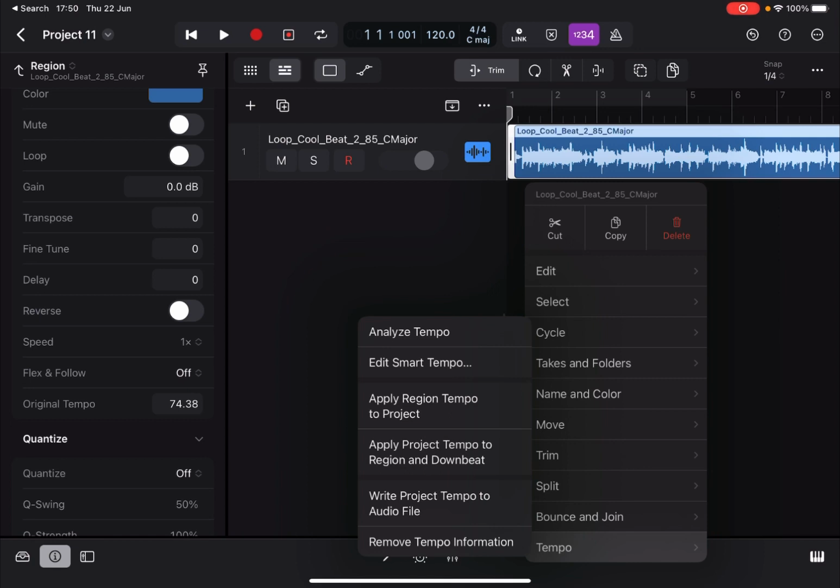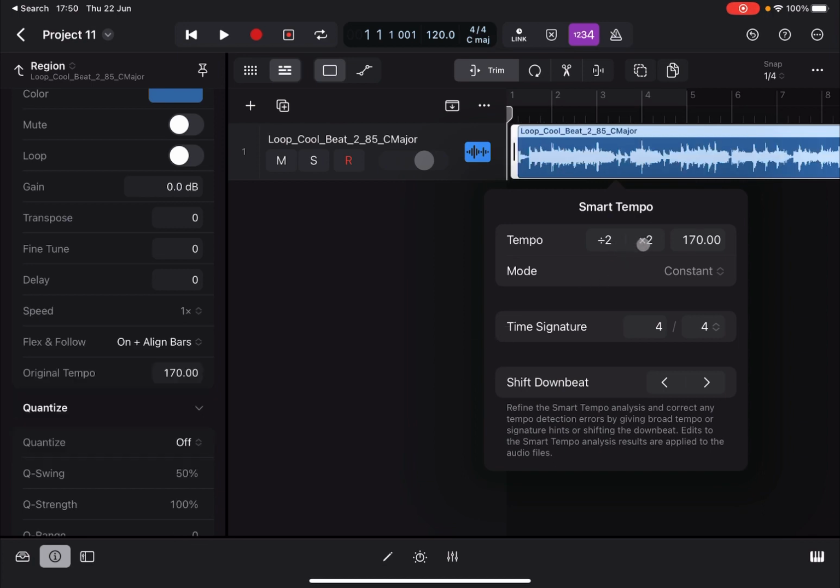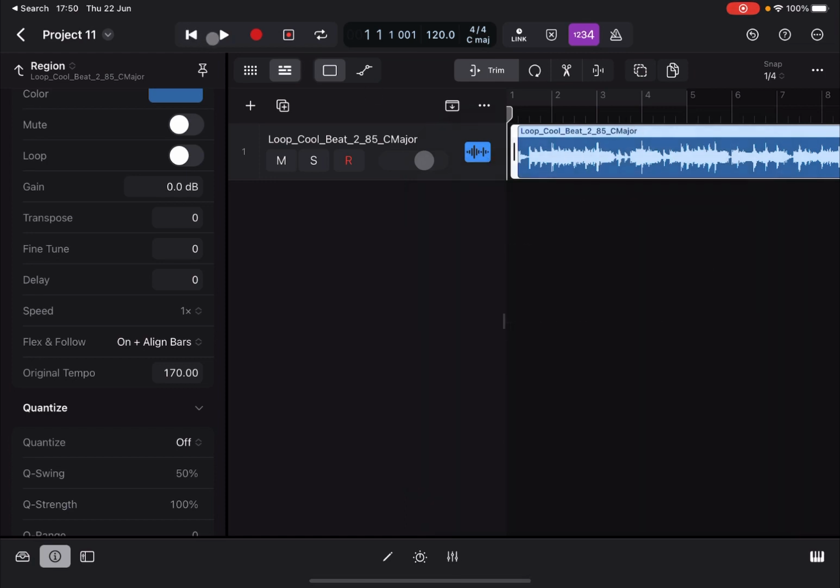Of course, this file didn't have tempo information, and now we have analyzed it, and now we have the ability to go inside and edit the smart tempo. So for example, you can go inside and say I half the time or make the time twice, like so, and you can see that it's changing here in terms of duration as well. And if I play,